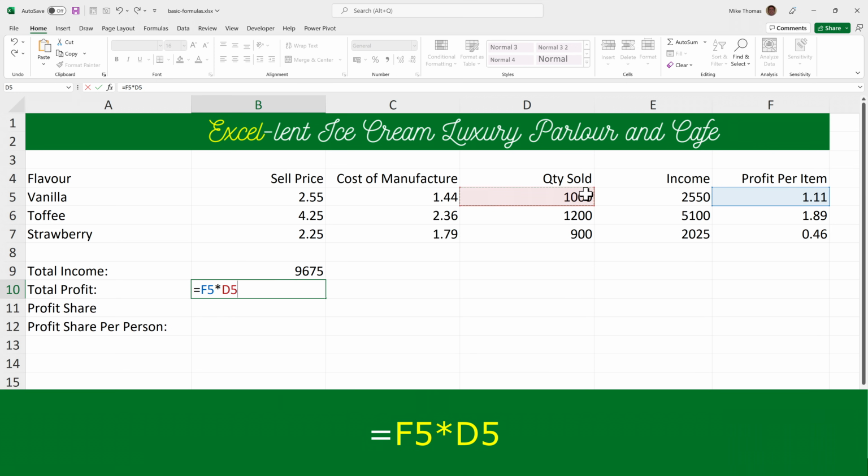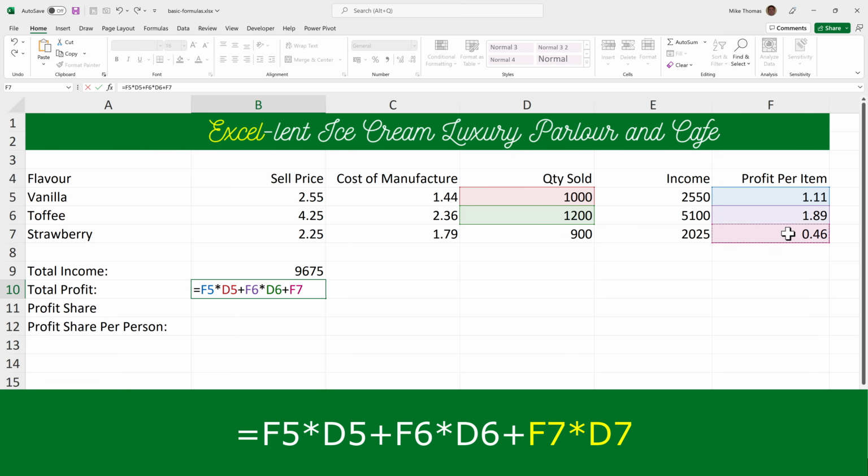So it's the number of items multiplied by the profit per item. But we've not finished there. I need a plus sign and I need to say F6 multiplied by D6 plus F7 multiplied by D7 and